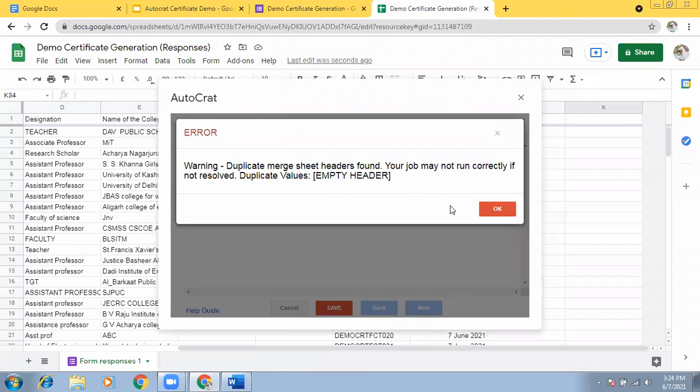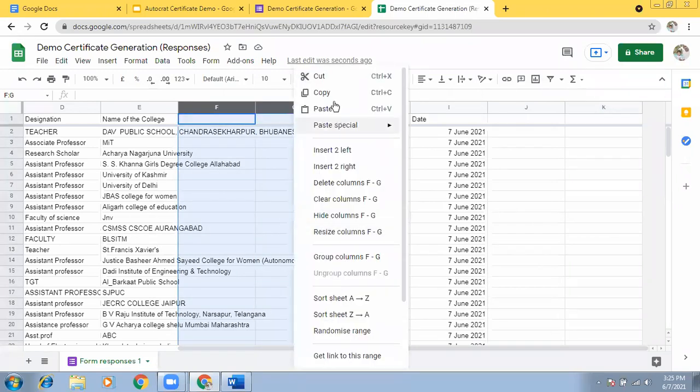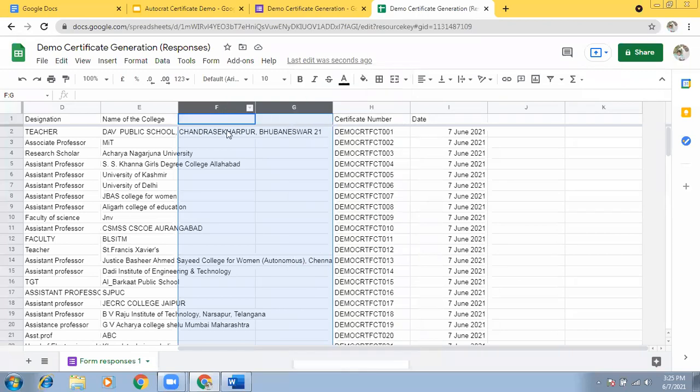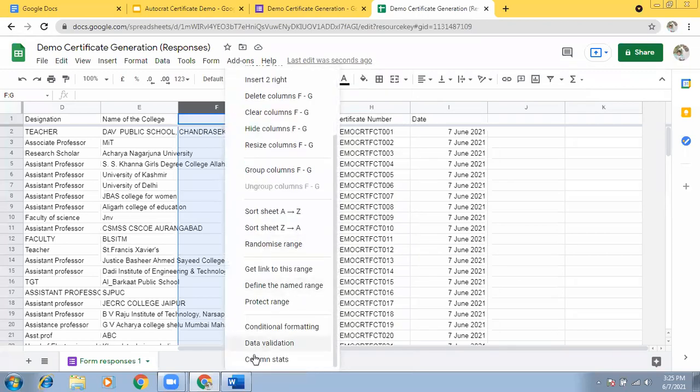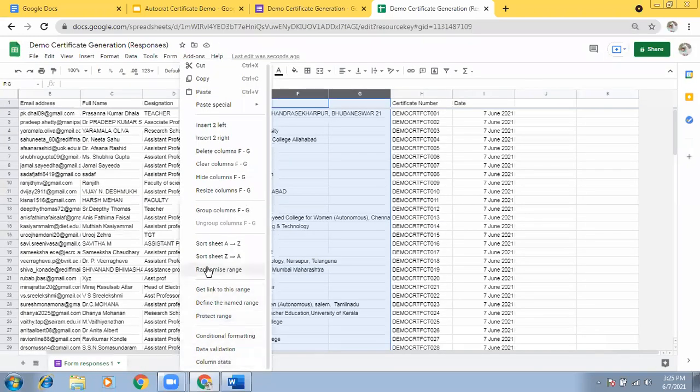Actually, between college and the first column that you added, there are two columns which are blank. I think that could be the reason. Yeah. Here. This one, no, ma'am? Yes, sir. Okay, you just delete it. Where is the delete option? It was there, delete columns F and G. Yeah. Yes.